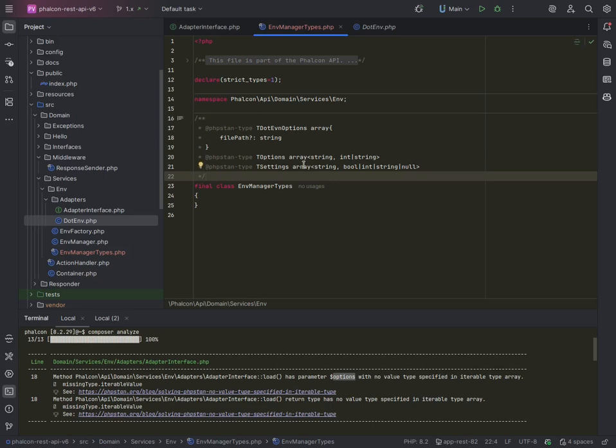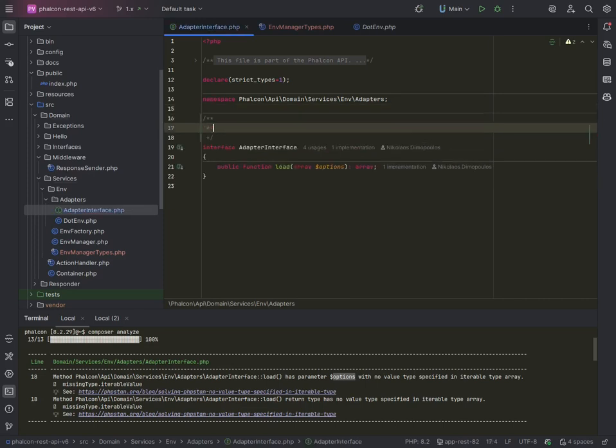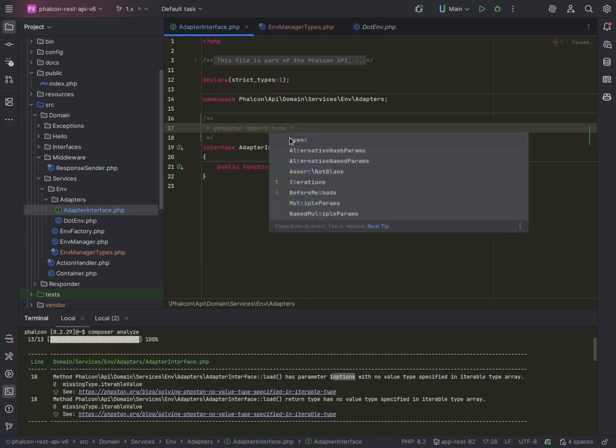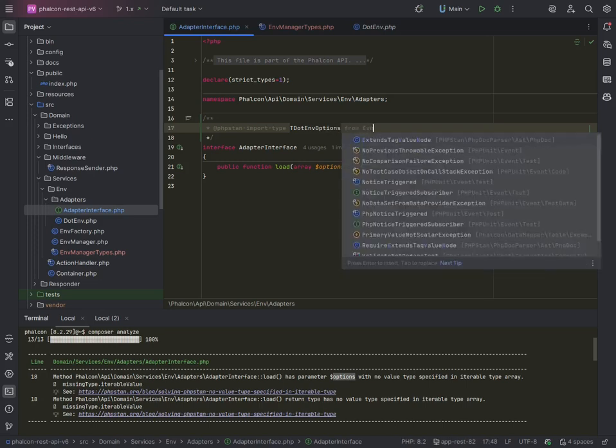Alright, so now that we have this types class, let's go to the adapter interface. The adapter interface will need a doc block here to define things. We already have our types, so let's import them here so that we can use them. We use PHPStan import type, and we're going to import the T.env options from env